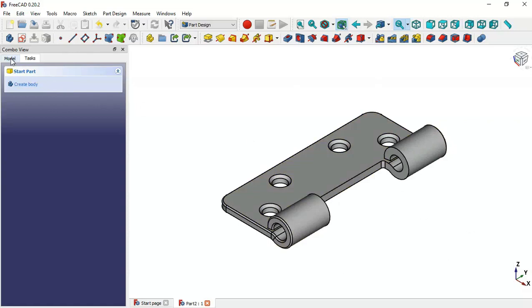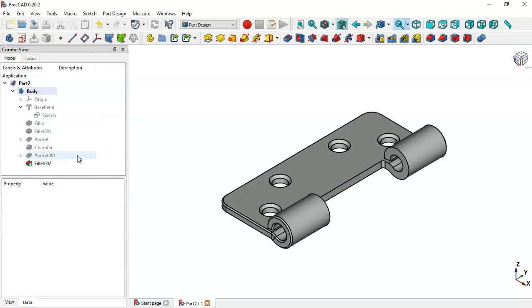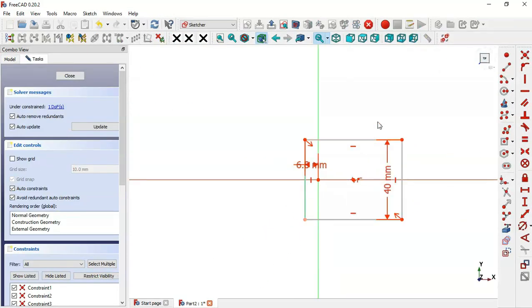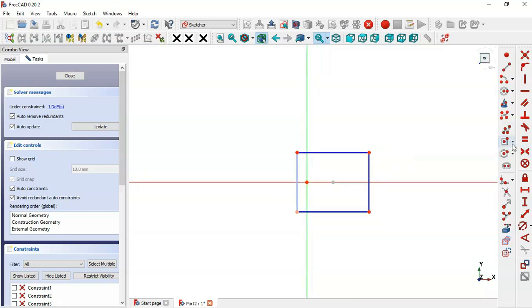So I go to model and I go to this pocket here. I click in this arrow and double click here. I will draw 2 rectangles, but first here I will hide these constraints here. I click in this button and I select this rectangle and I make this rectangle a construction geometry. So I click in this icon, and now as you can see, the color of this rectangle changed, the color of these lines here. So next I click in this arrow and I select rectangle, and now I draw these